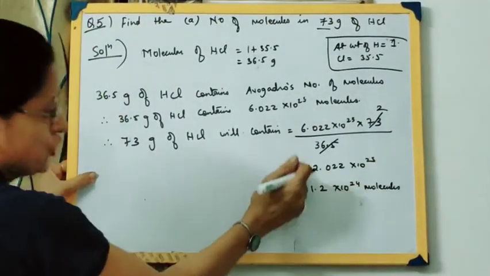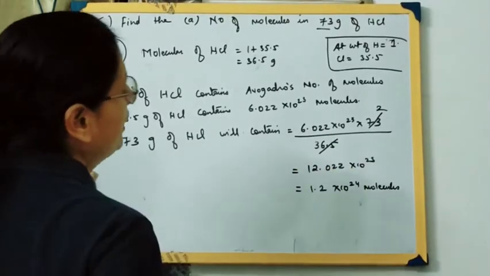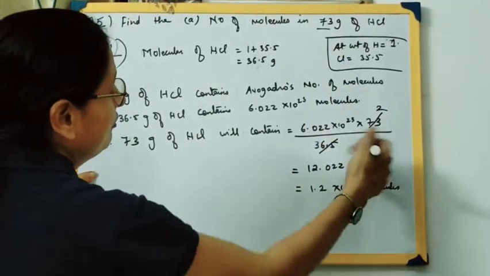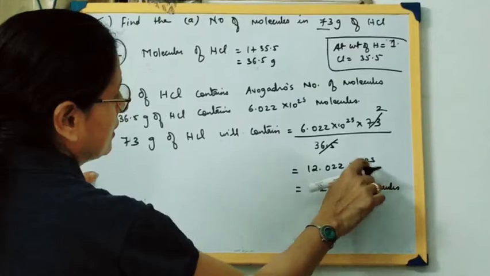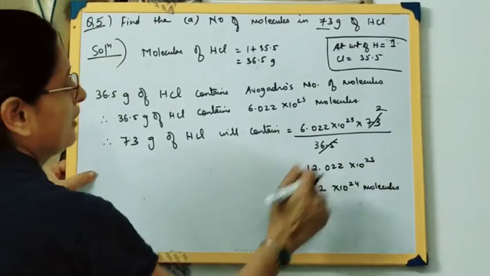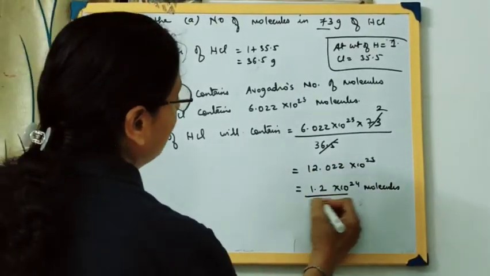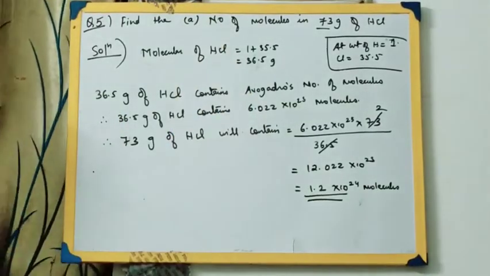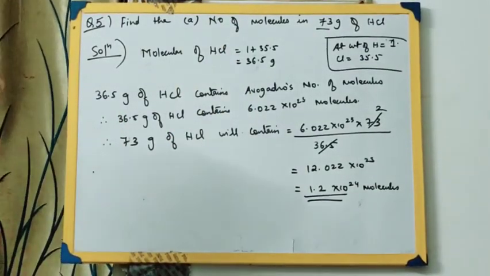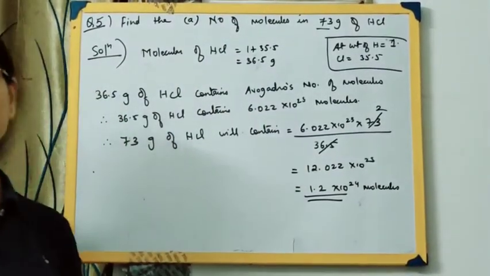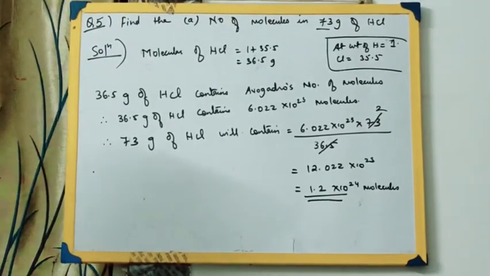We are just shifting the point over here, so this 23 will become 24. You are bringing the point on this side, so this will become 24. When you are bringing it on the other side, one number will be reducing there, but we are bringing it on this side, so that will be 24. Clear? So this is another way of solving the same numerical. I have shown you both the methods. See whichever is easier for you, you can follow that.